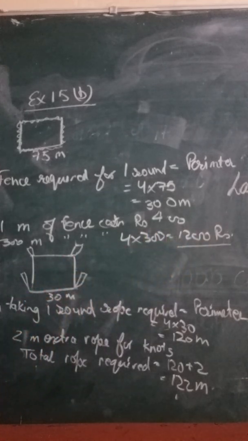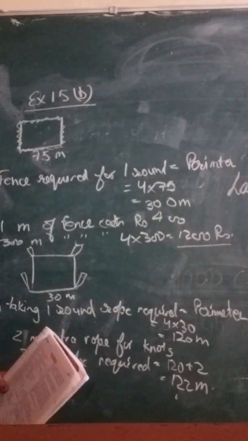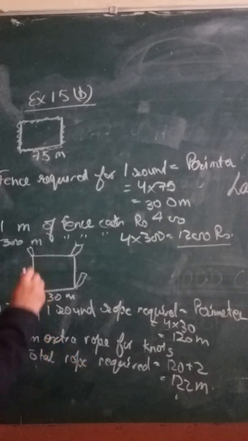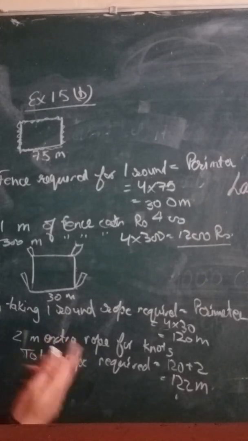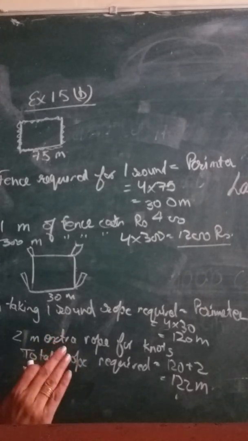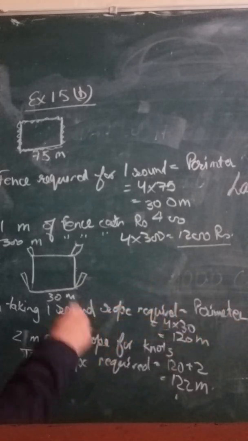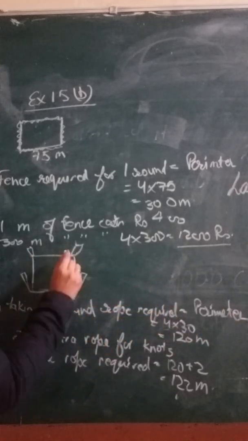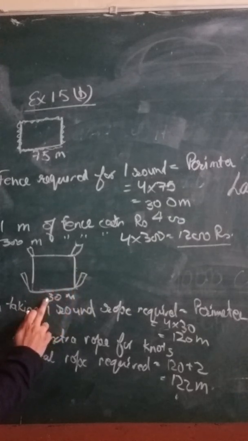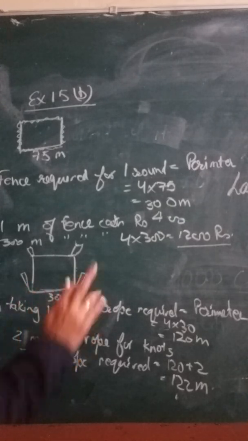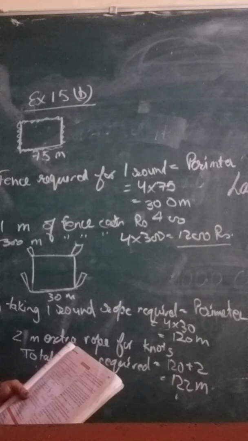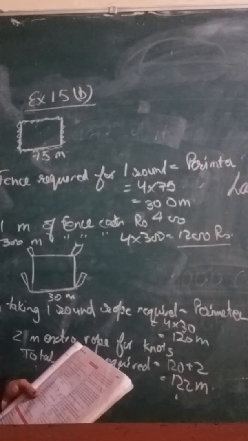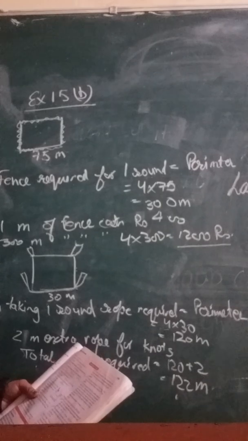Now we come to the 7th question. The 7th question says that two boxers have to fight in a square arena of side 30 meter. What is an arena? Arena is that ring in which the boxers do fighting. You must have seen boxing. So that is the ring in which the boxers fight. It is in the square shape, with each side being 30 meters. So 4 poles are stuck into the ground at the 4 corners of the boxing arena and a rope fence is put up around the poles to keep the spectators away.